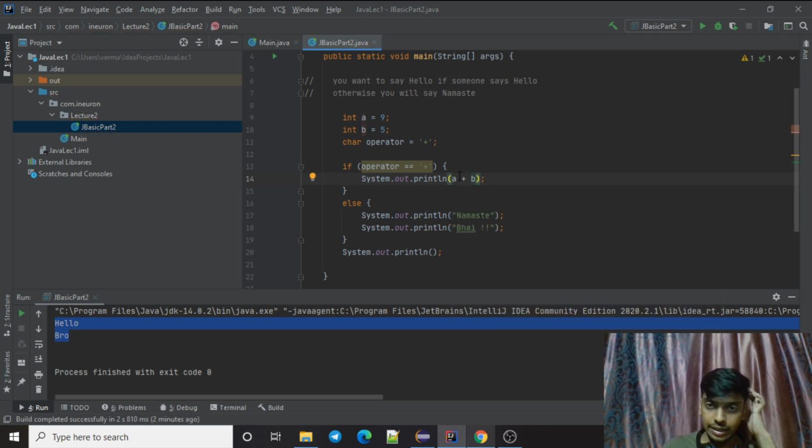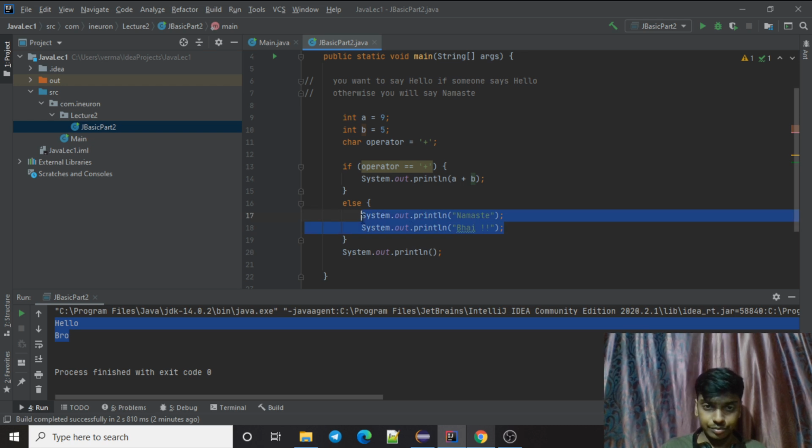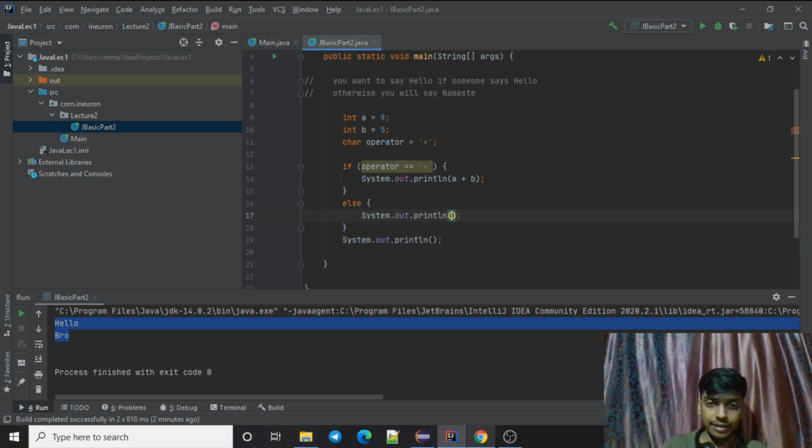So a is an integer, it will be added to b. Because both are integers, this will make a plus b, which will be basically 14. If you are thinking it should be 95, that's not the case, because plus has multiple behaviors.